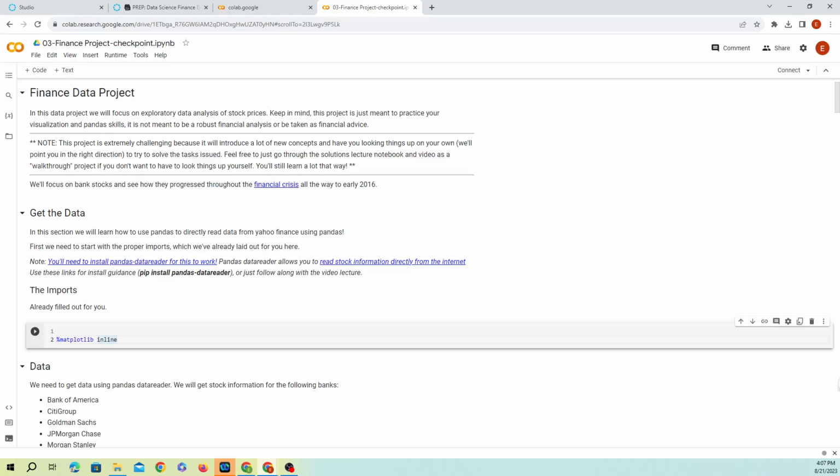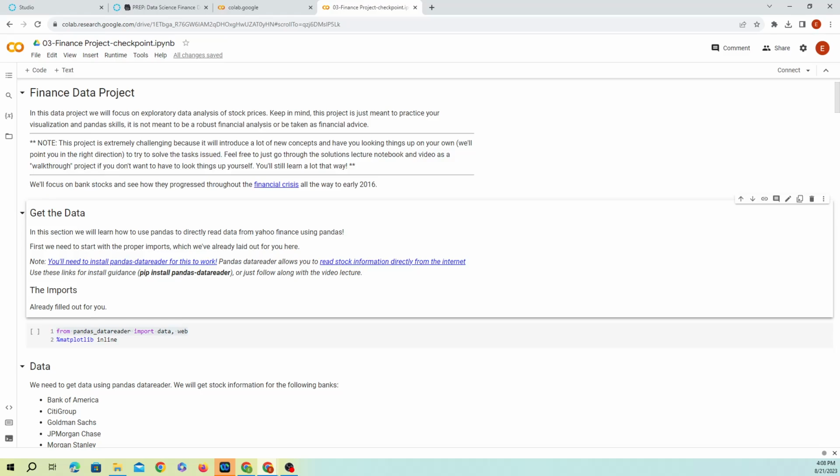All right, so the first thing we're going to do is install from the pandas data reader and import data. Actually, that could be one way of doing it, but it's not going to work anymore because that was the old way of doing it with Google. So instead of using that, we're going to use get data.